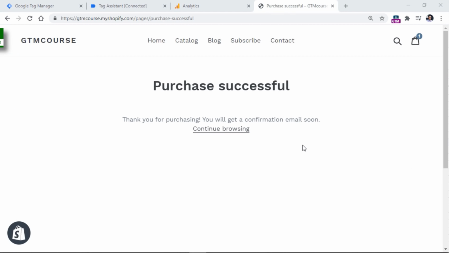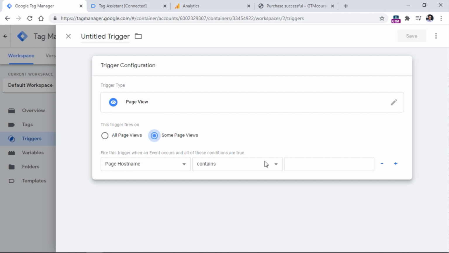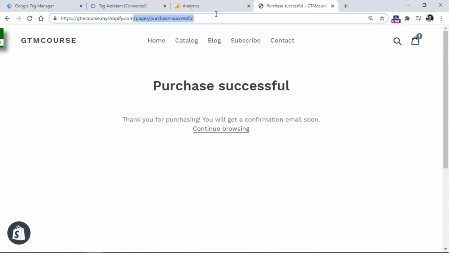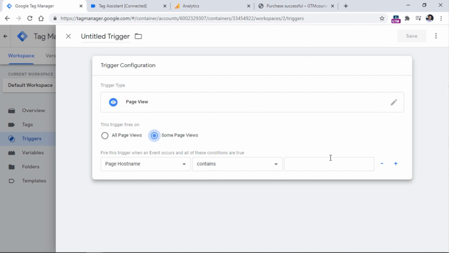Let's say that when a visitor makes a purchase, he or she is redirected to a page, which is /pages/purchase successful. And then they might see maybe the order summary, maybe the value, maybe the transaction ID or something like that. But in this case, the most important thing is that we have this part of the URL that is quite unique for that particular thank you page. So what we could do is enter this part of the URL in the trigger condition,